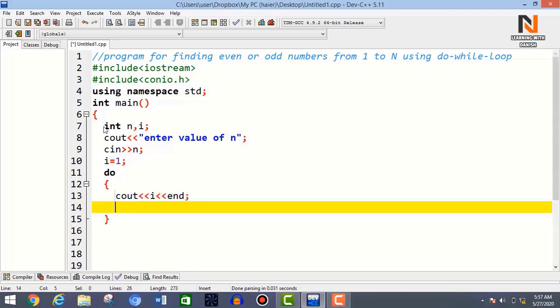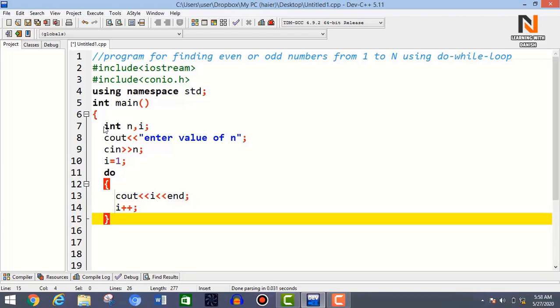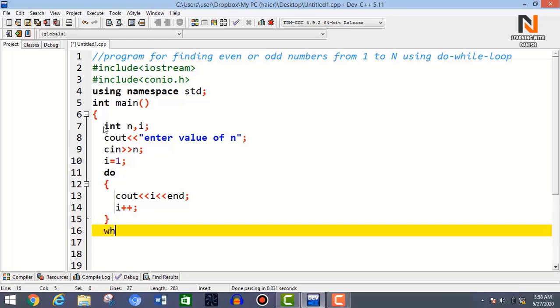Here you increment i++; and below that you will write the condition while i <= n.